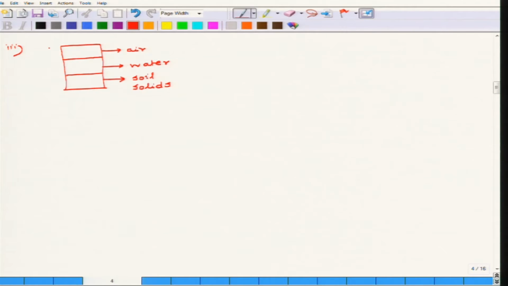Now the percentage of air is assumed to be A, while the percentage of water is assumed to be N into Sr, and the solids are assumed to be 1 minus N. So the entire soil volume is assumed to be 1. So basically the volume of soil is equivalent to 1,